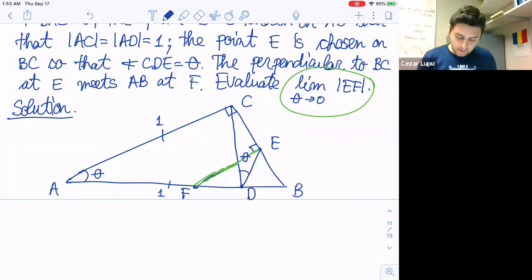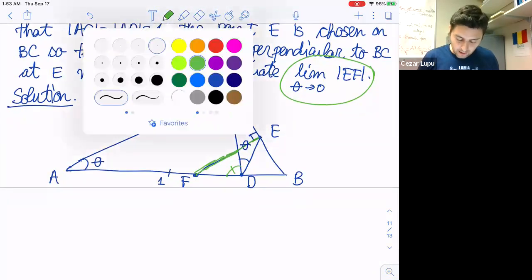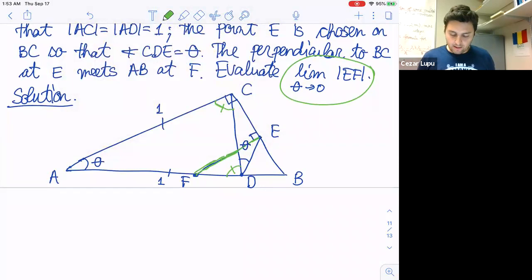And now let me look at these two angles here. This one is the same as this one, right? This is an isosceles triangle. So let's look at them. And moreover, both of them are